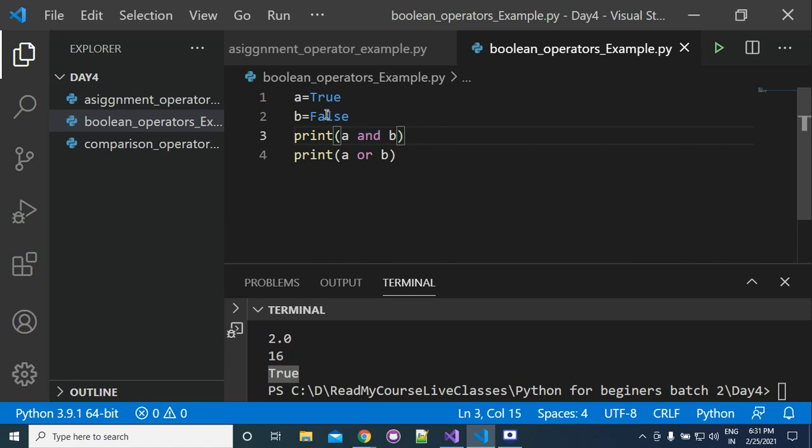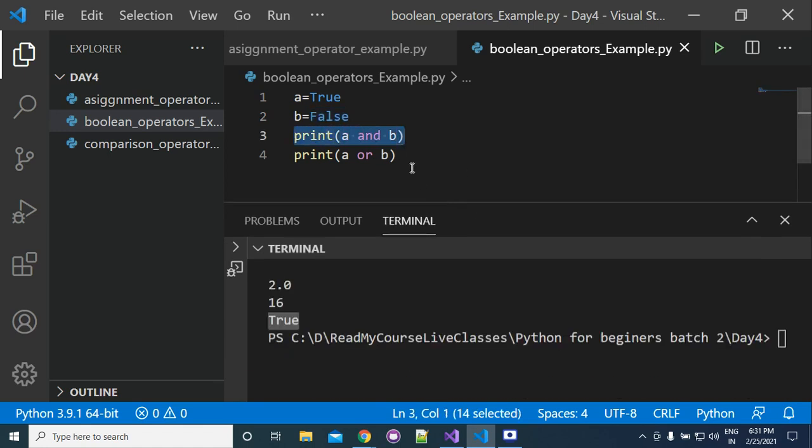In the first case, A is true and B is false. So with the AND operator, what will be the output? False, because AND does what? If any of the conditions is false, then it will return false. So what will be the answer of print A or B? True, because if any of the conditions is true, the OR operator will return true.